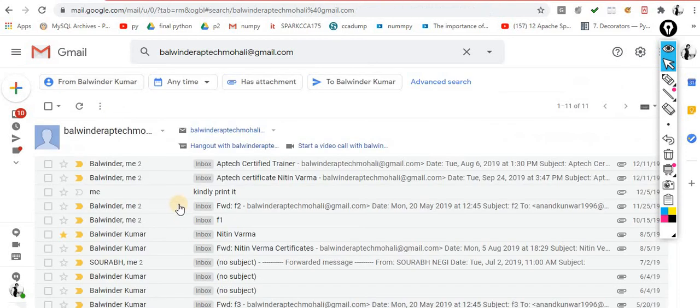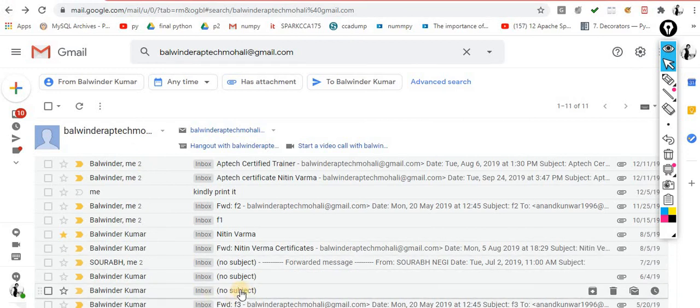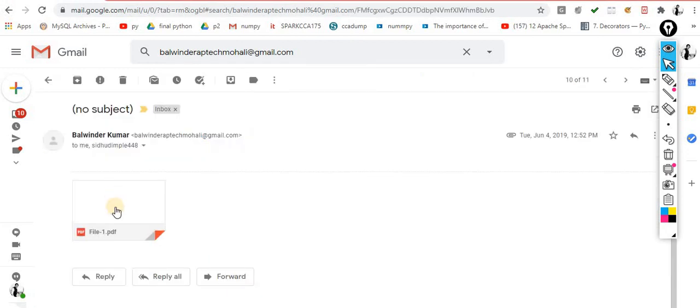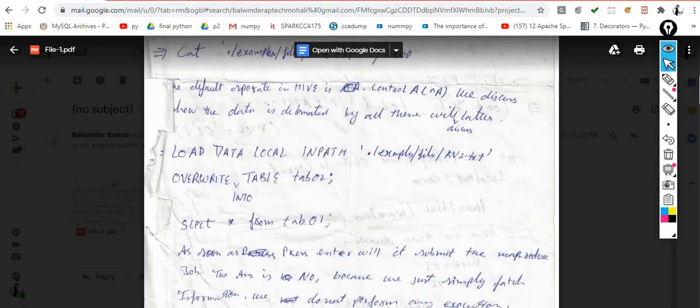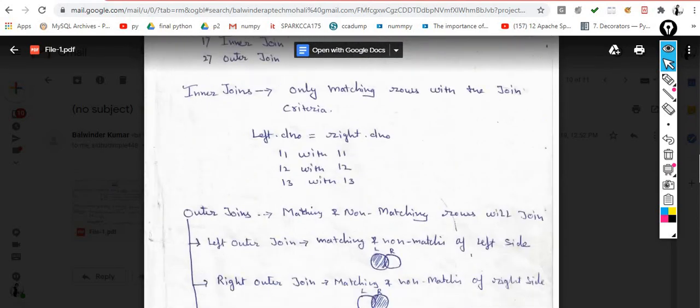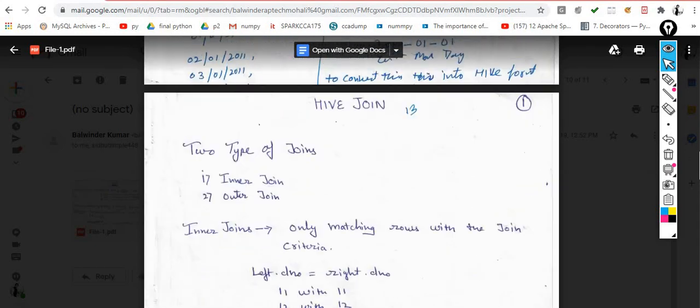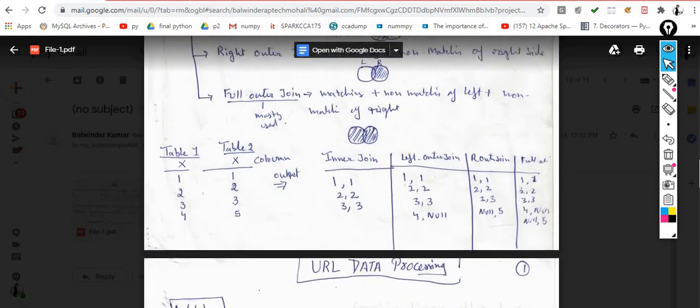Okay, so I'll share these with you guys as well, but prior to moving on, I highly recommend you please go to these 17 pages. I think these are about Hive. You can check it out. This is the concept of Hive, the Hive joins, which is used in big data terminology. The rest of the things are the same, everything is the same.